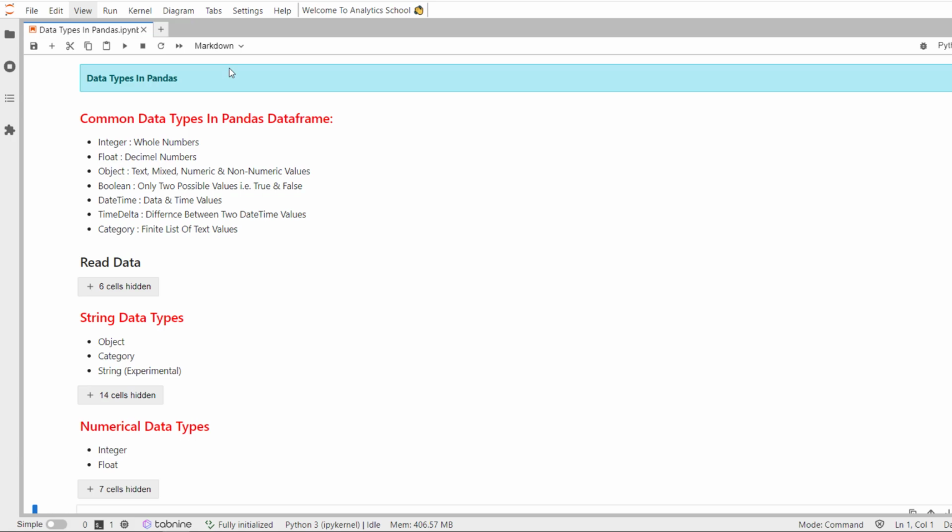Hi all, welcome back. Today we are going to discuss data types in pandas. As I have mentioned multiple times, when you read real-world data, it is going to be messy. For example, you are reading transaction-based data and the customer ID has been saved as an integer data type when you read the data. But we all know that customer ID cannot be an integer data type. It should be a string data type because we are not going to apply any mathematical operation or statistical analysis